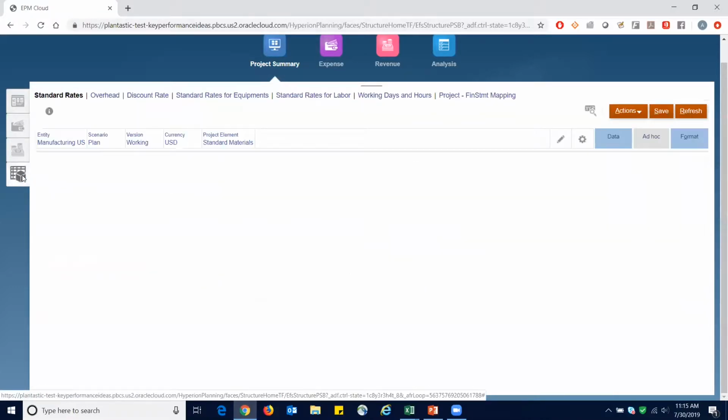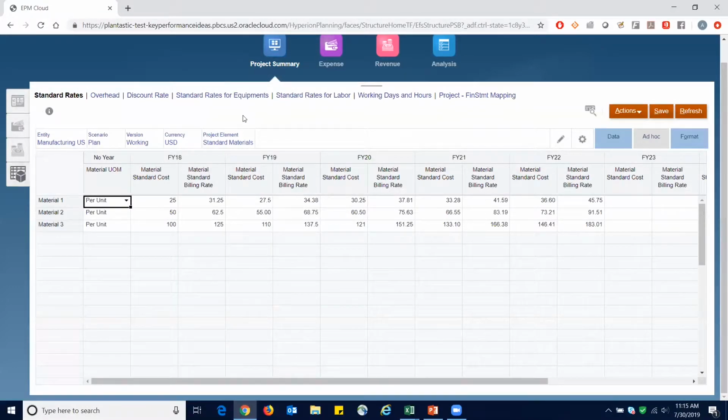Finally, we have the Assumptions tab. And this tab is essentially controlling the drivers for your driver-based models. So this is what helps you really expedite that planning and budgeting process. And what you'll notice here on the left-hand side is that this one is particularly looking at the standard rates for materials. And there are only 3 materials at the moment, but that can be increased or decreased depending on